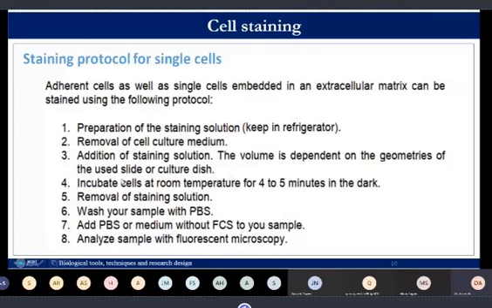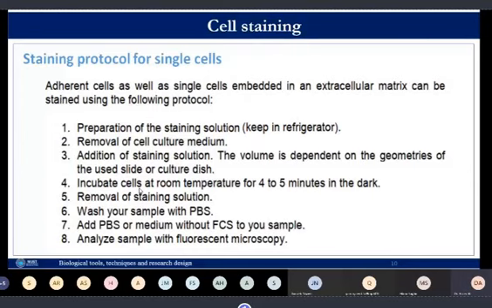And after addition of the stain, you need to incubate the sample at room temperature for 4 to 5 minutes in dark. The reason to store in dark is that PI and FDA are light sensitive. After incubation, you need to remove the staining solution. You need to wash the staining solution with PBS,